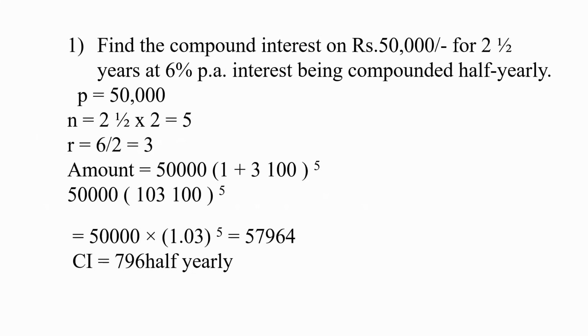So in the case of 2.5 years, at the end of 2.5 years we can find that N will be 5, that is 2.5 into 2. There will be 5 halves in 2.5 years. So the interest will be calculated like this. The rate will be taken as half, that is 6 by 2, 3. Amount will be equal to 50,000 into (1 plus 3 by 100) raised to 5. The total amount at the end will be